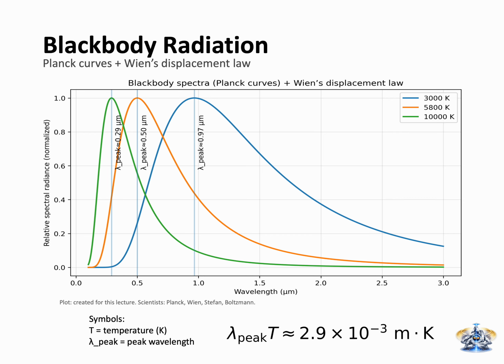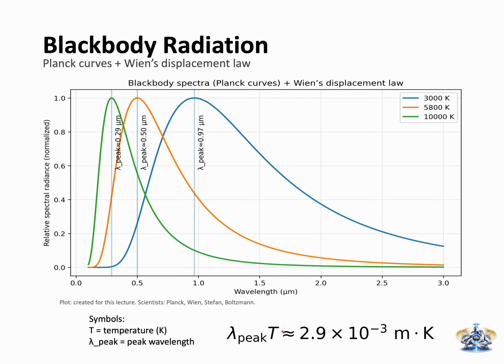Now look at the graph. Each curve is a different temperature. The feature to watch is the peak. As temperature increases, the peak shifts left towards shorter wavelengths, meaning bluer light. That's Wien's law. Said out loud, peak wavelength times temperature is roughly constant. That means a hotter star means a bluer peak.